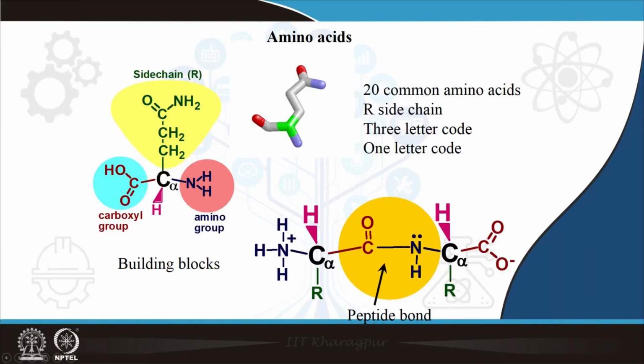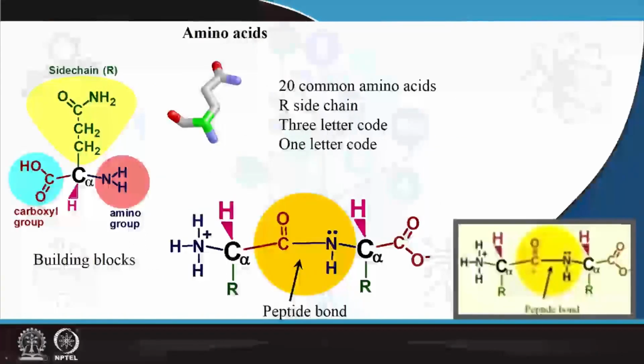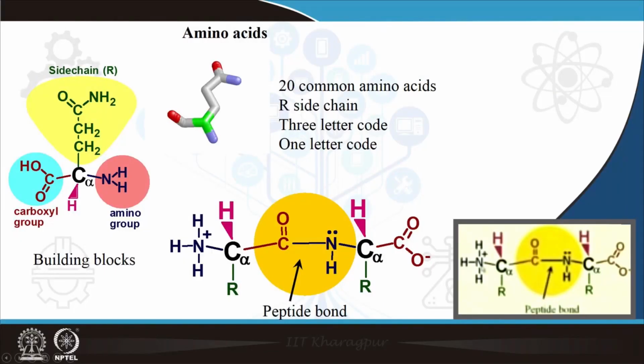Now, the next thing that we looked at was the joining of the two amino acids. The joining of the two amino acids gave rise to what is called the peptide bond. Now, when we look at the peptide bond, we see that we have associated the carboxylic group of the previous amino acid with the amino group of the next amino acid. So, this R group corresponds to the first amino acid of this particular dipeptide, and this R group corresponds to